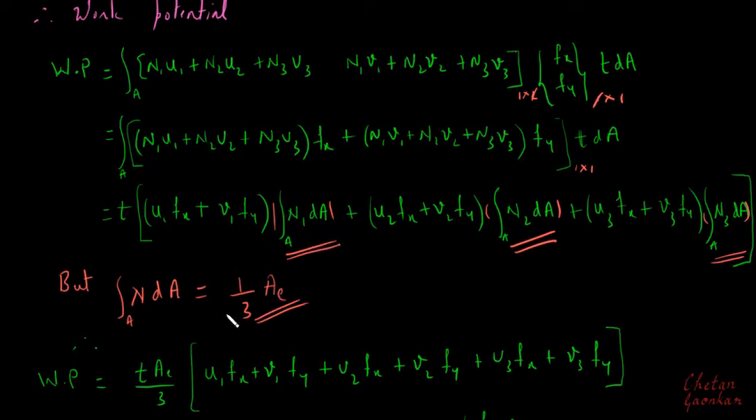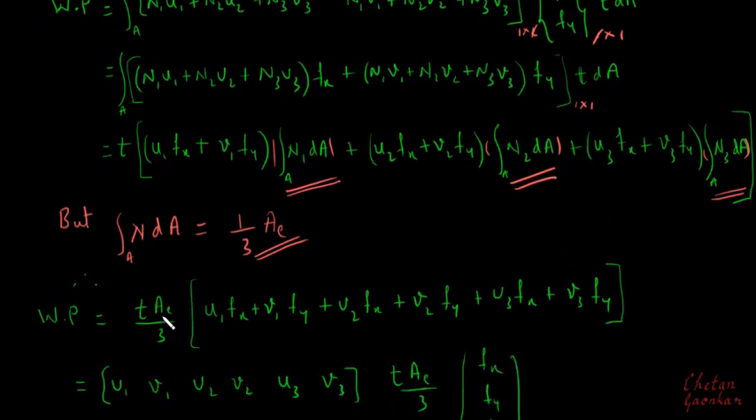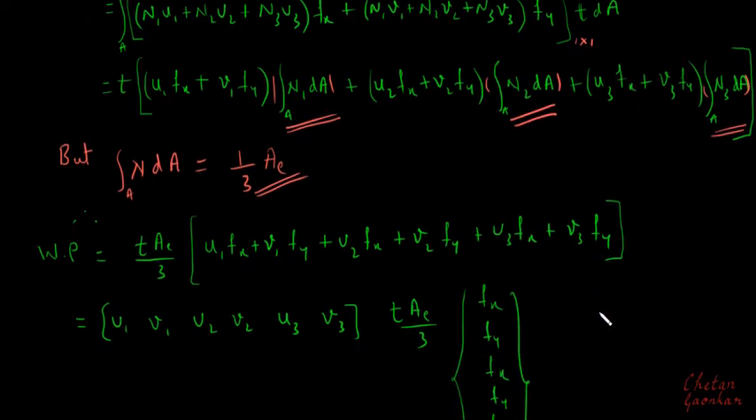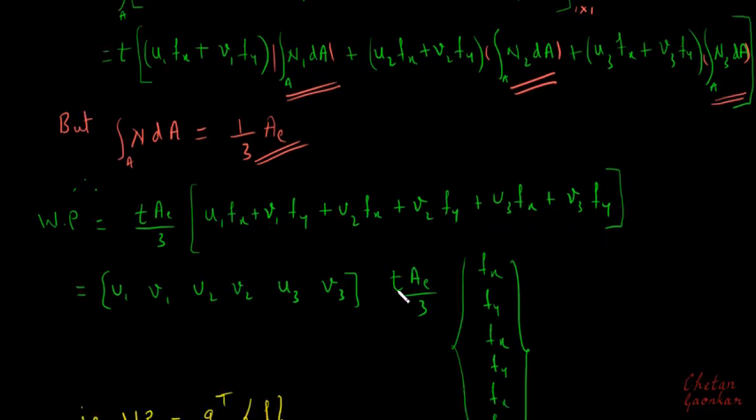So I will get this as a common term, one third by AE here, one third by AE here, one third by AE here, which has been brought out along with this T. So I have here T multiplied by one third of AE, and now what will remain inside is this term u1 fx plus v1 fy plus u2 fx plus v2 fy plus u3 fx plus v3 fy. And then further if I try to write this in matrix form, I again get this work potential expression